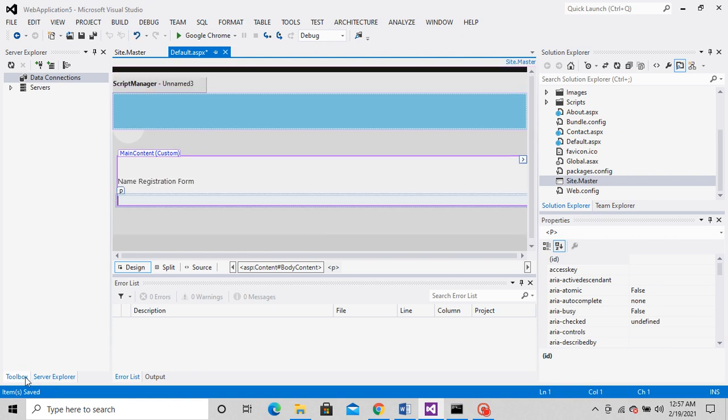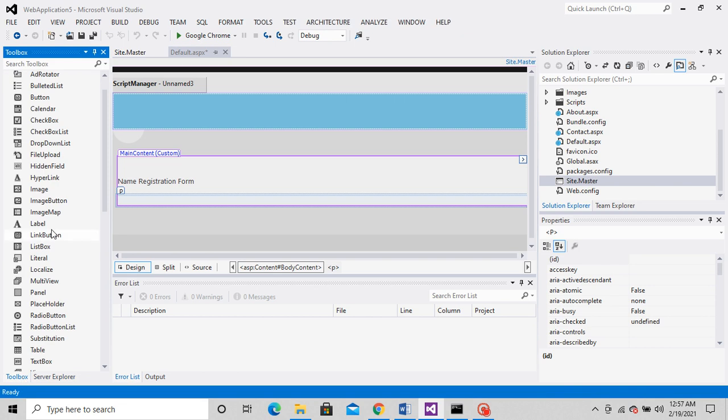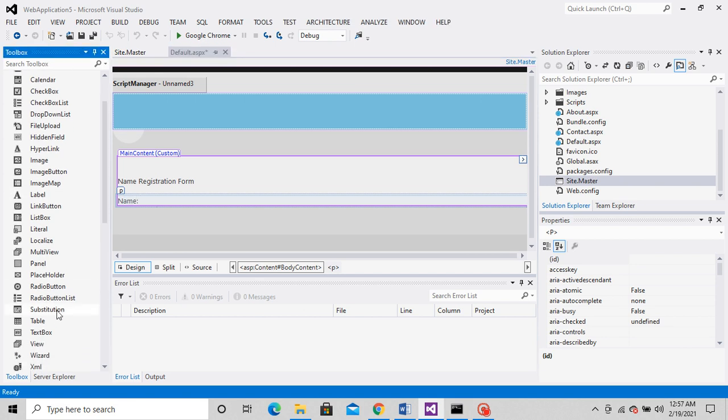Okay, so this is just the heading. So I am just assuming that this is a page where the student details will be entered.